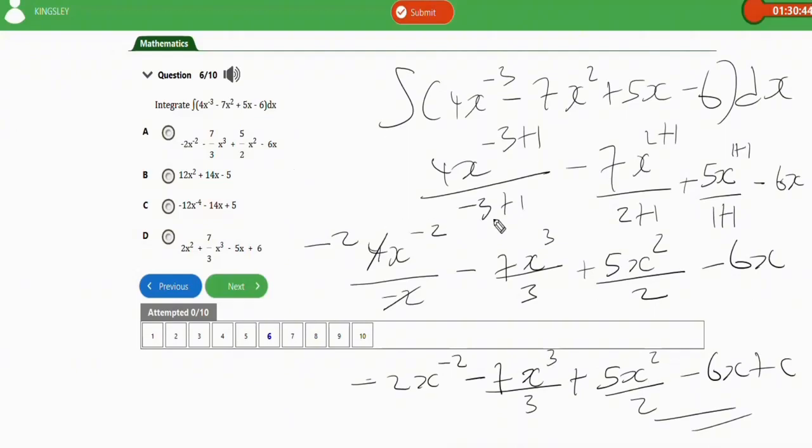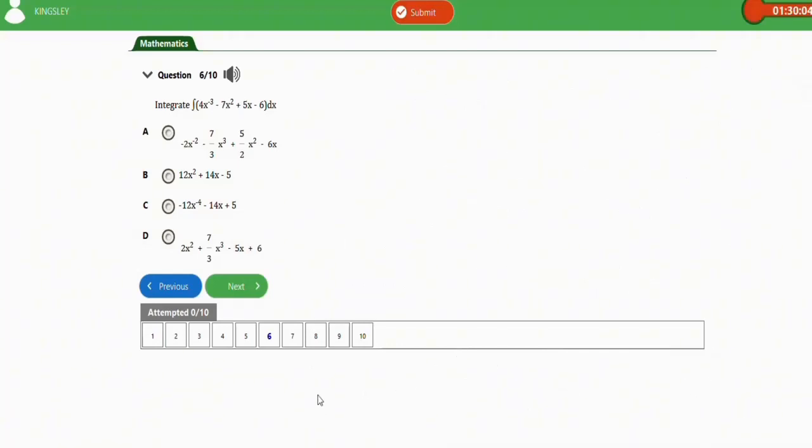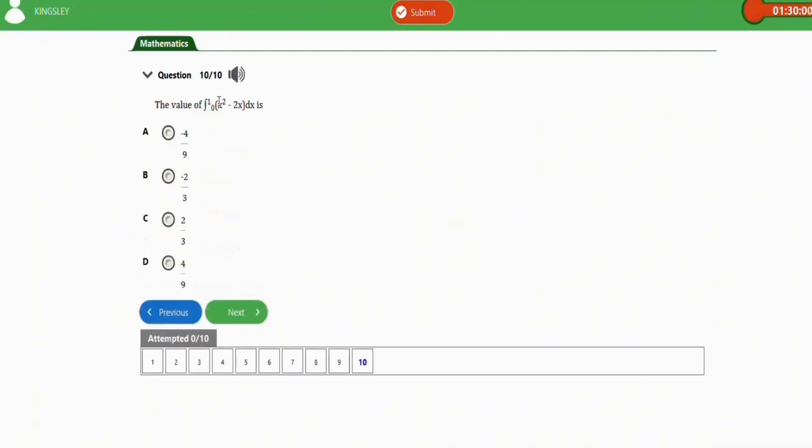Let's wipe this now and solve the last repeated question before we call it a class. So guys, the last repeated question I'm going to solve will be this question. It says, the value of this definite integral is what? So we have upper and lower limits in this question. So this is going to give us